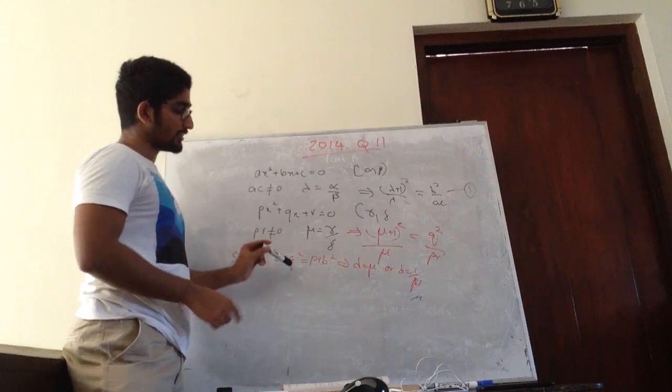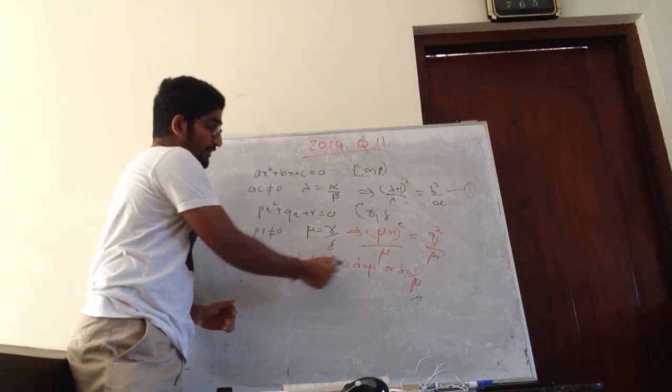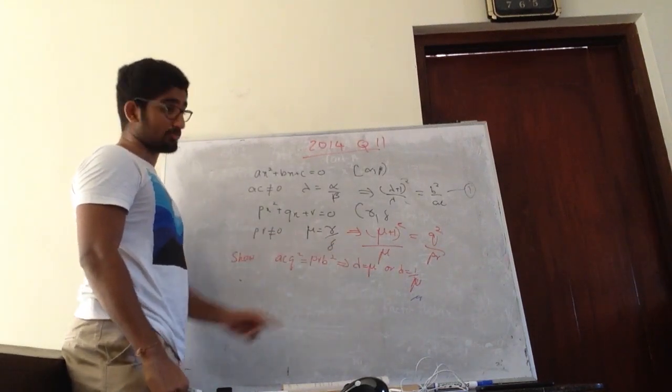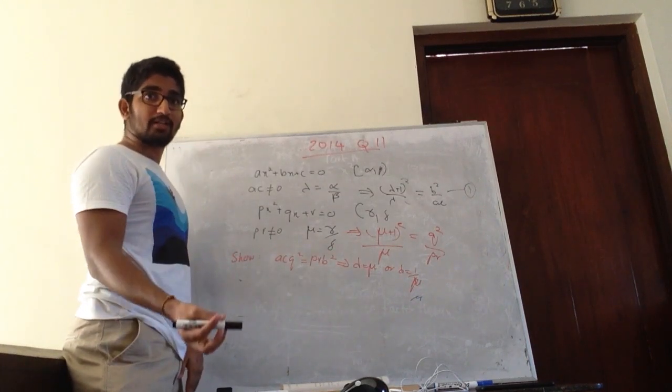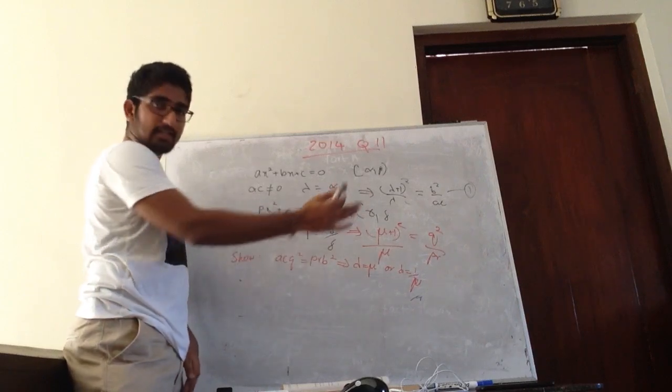So I see something here. So for me, I see that going from here to here is much easier than going from here to here, because there are two instances here. Then we have to do two separate equations, so that's going to be hard. So you can get straight away from this.